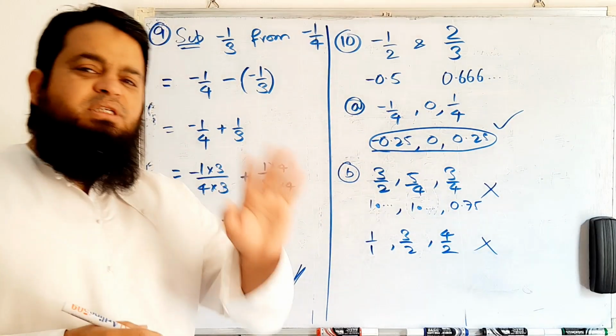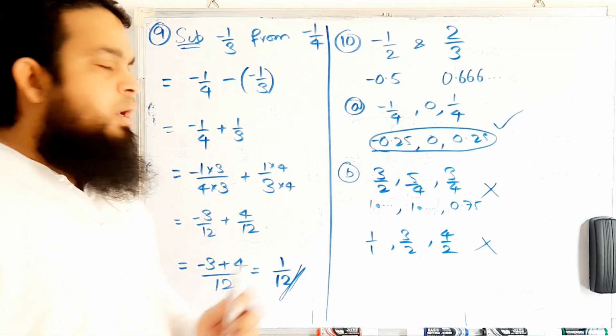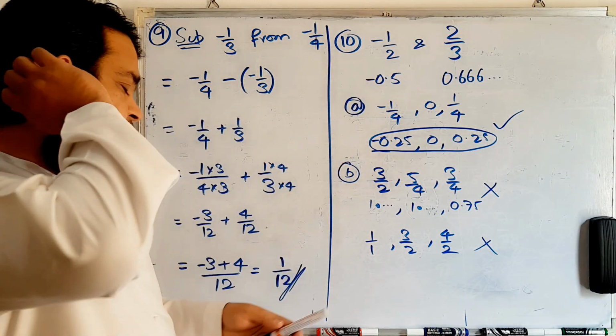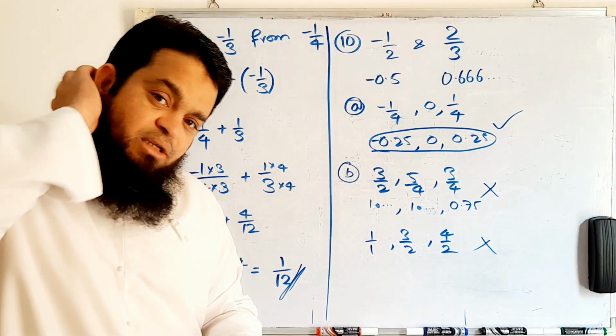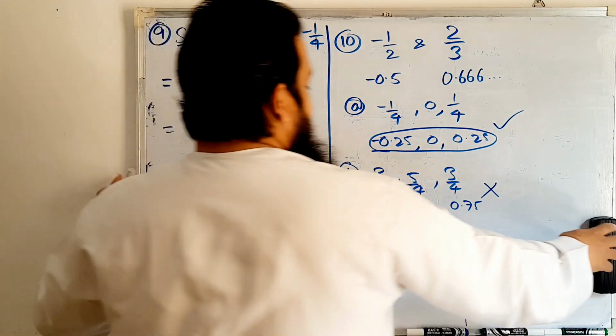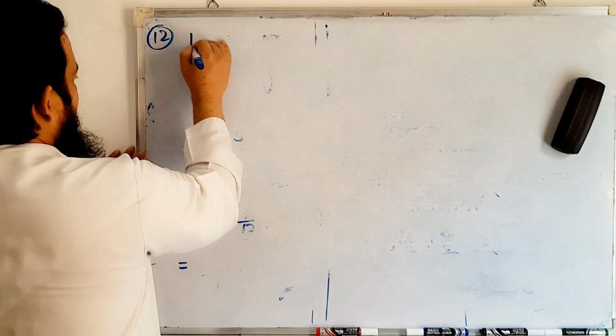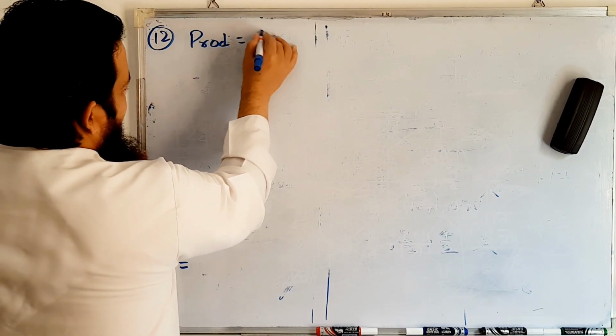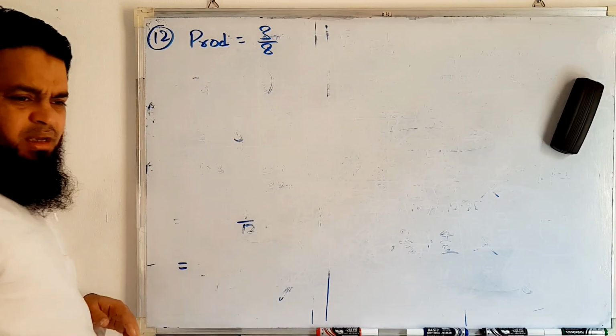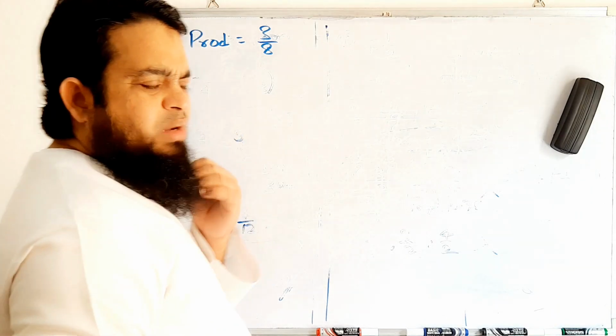So sometimes this can be proved like this also. You can find the value in decimals and you can solve it. Okay, so I may be wrong. Yeah, product is equal to 3/8. Okay, one of the rational numbers is 1/2.